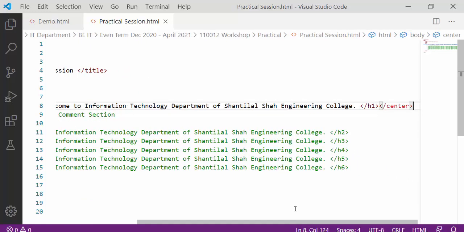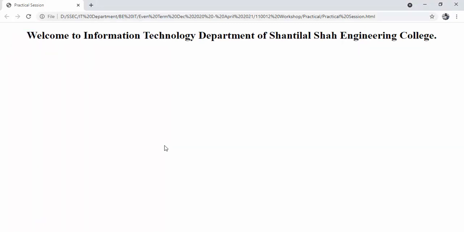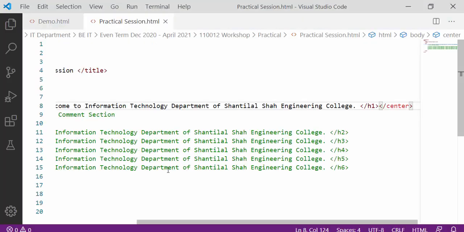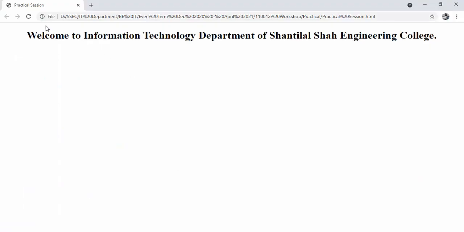Again I am saving this code, going back to the web browser and refreshing the page. See, this line that I have put in the center tag is displayed in the center portion of the web page. Okay, so this is the effect.